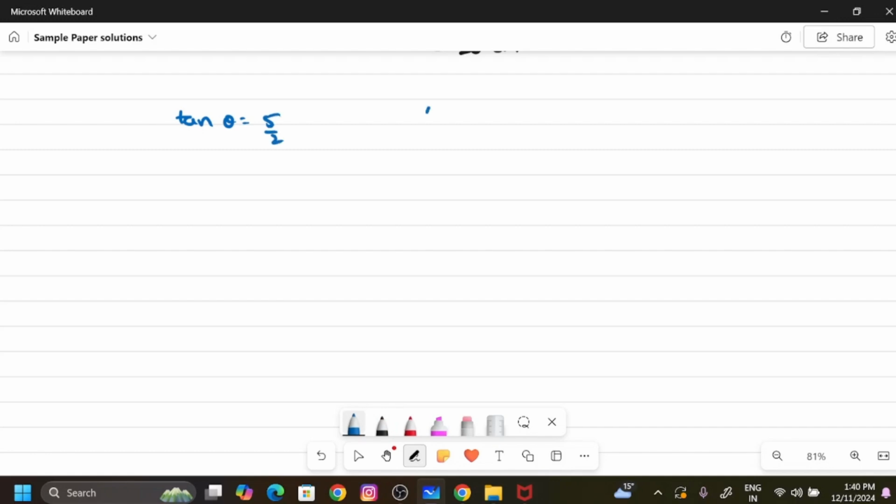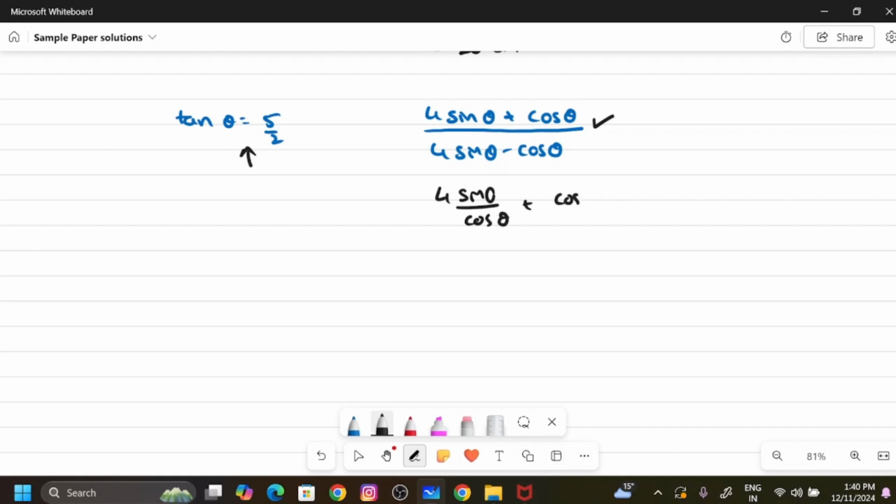We need to find the value of (4 sin theta plus cos theta) by (4 sin theta minus cos theta). Now see here, since we have the value of tan theta directly, try to get tan theta in this given expression. If we divide numerator and denominator by cos theta, then we get 4 sin theta by cos theta plus cos theta by cos theta